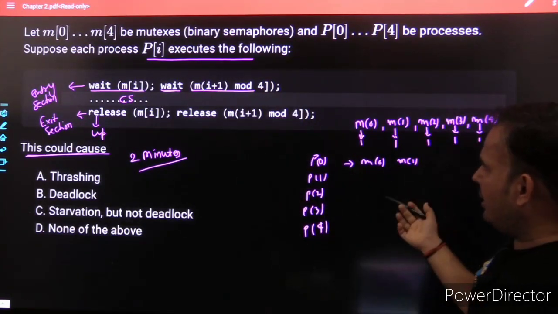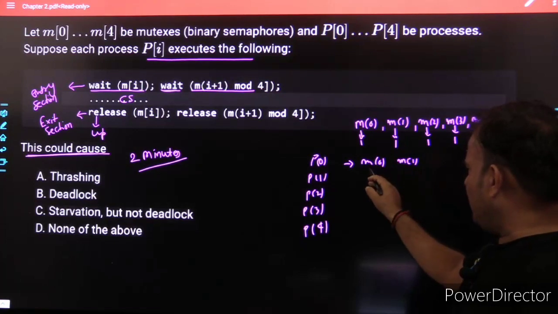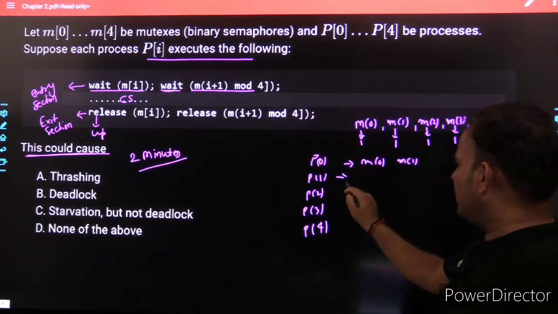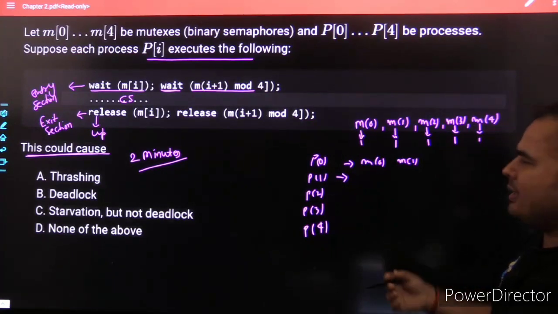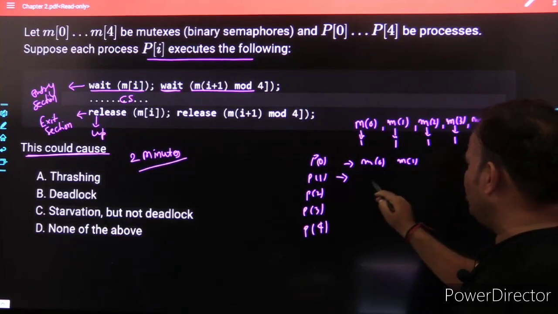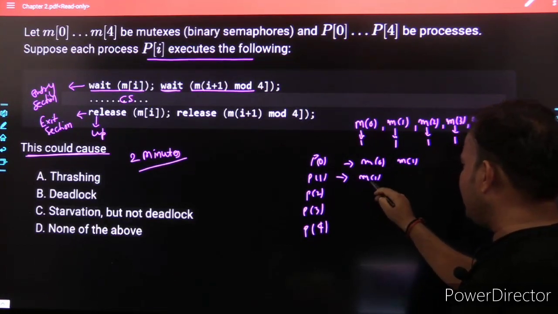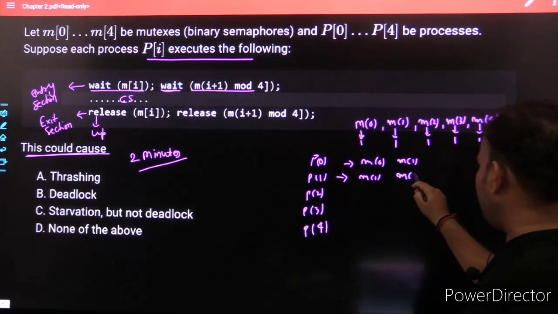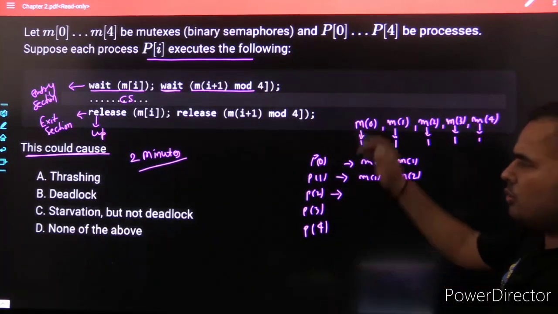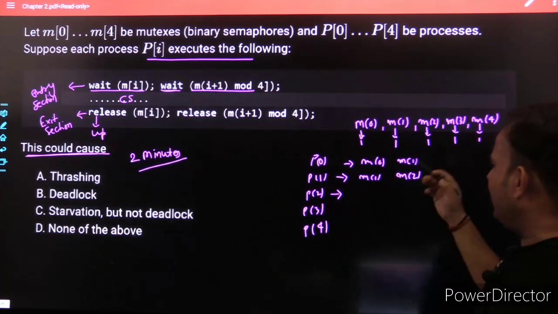Only when it performs the down operation on M0 and M1 can it go into the critical section. Similarly, when P1 wants to go into the critical section, it needs to perform the down operation on M1 and M2. Listen to me carefully. Then only it can go into the critical section. First I am writing all this. When process P2 executes this code and wants to go into the critical section, it needs to perform the down operation on